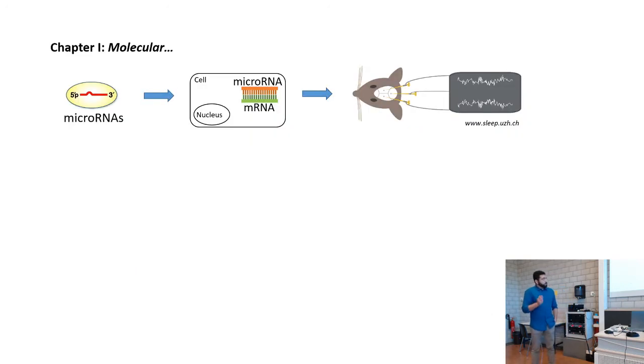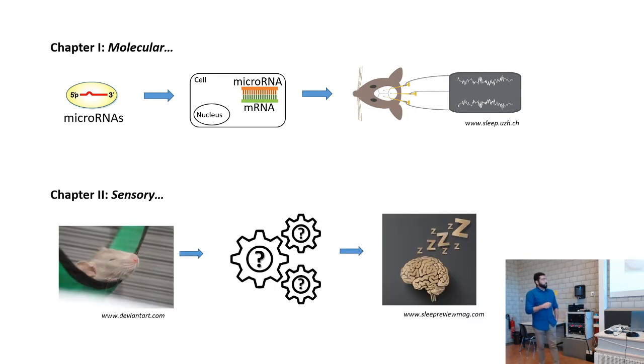So these are exactly my two questions. The first chapter of my defense had to do with the molecular level, and more specifically the question was whether microRNAs, and a specific microRNA, is involved functionally in sleep. The second chapter, the question of the second chapter was whether rocking, the movement that we all know in babies or in cars, can affect sleep in mice. We know that in humans it can affect sleep, but can it actually affect sleep in mice? And if so, how?